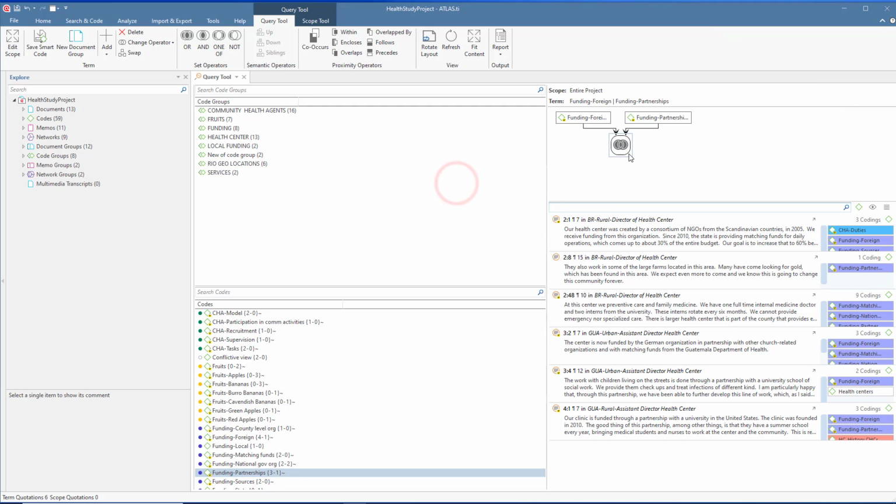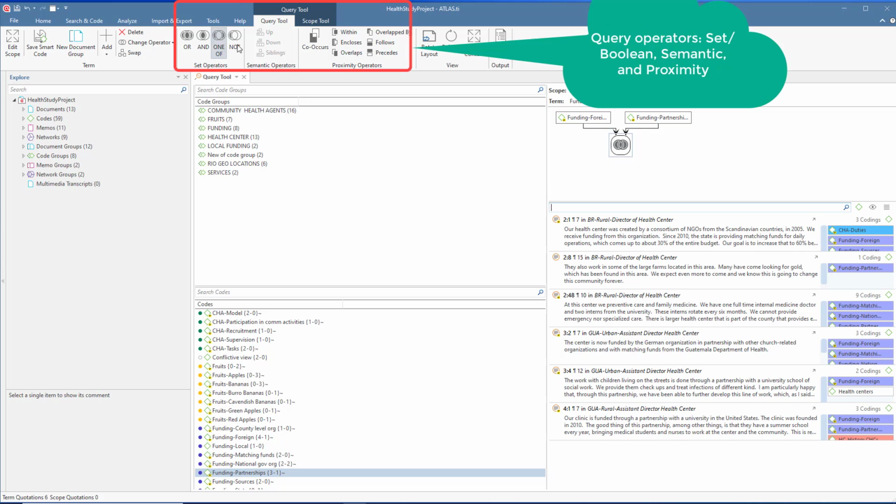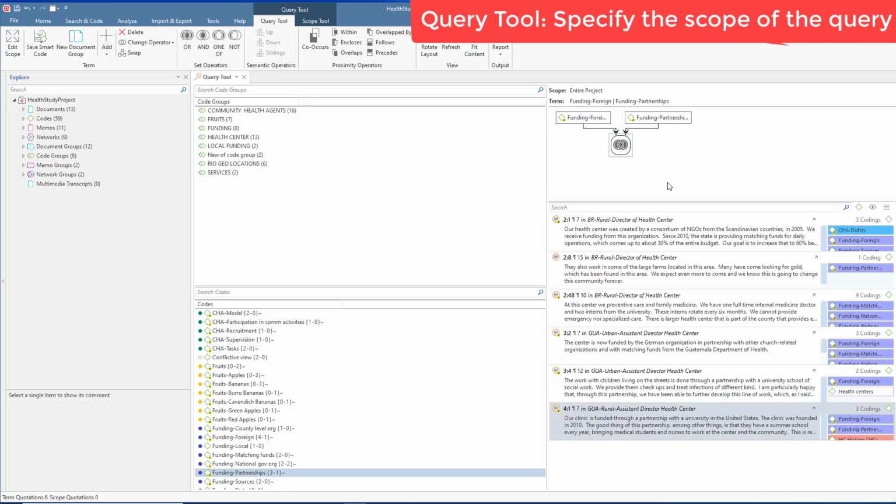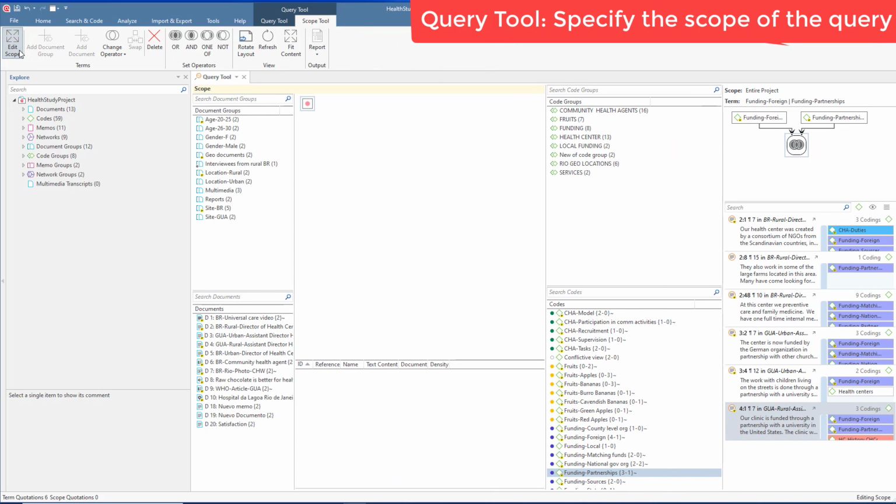Now, I can combine codes with codes in different ways. ATLAS.ti gives me a set of operators of different kinds that allow me to combine codes with codes or code groups and code groups under different conditions. And now I want to ask ATLAS.ti something more interesting than this. Well, tell me what people said or study participants said about foreign funding and partnerships, but only what a subset of the participants said. And I can either specify